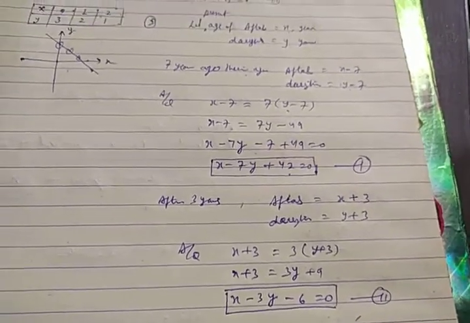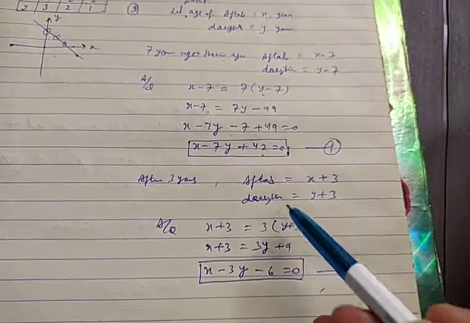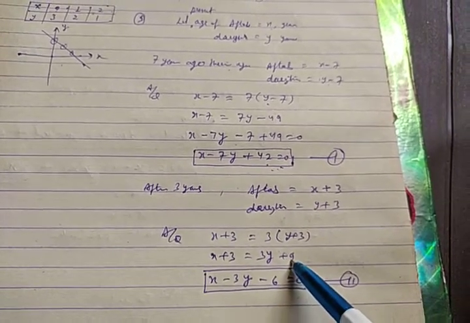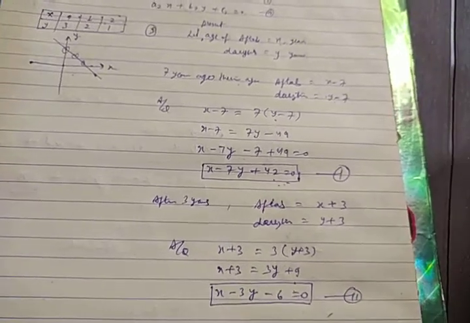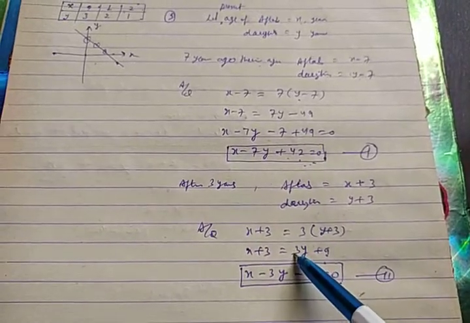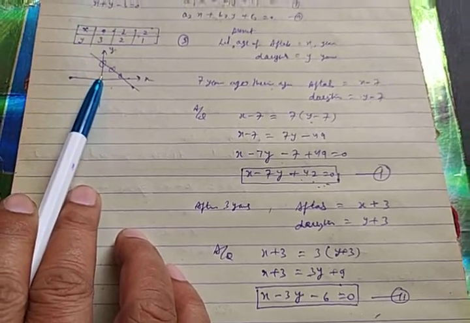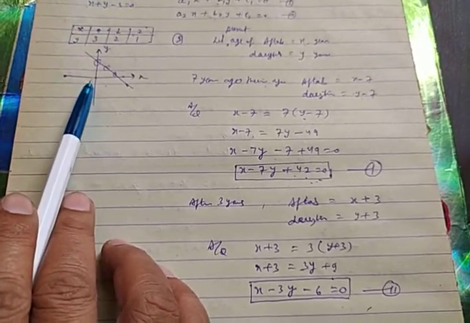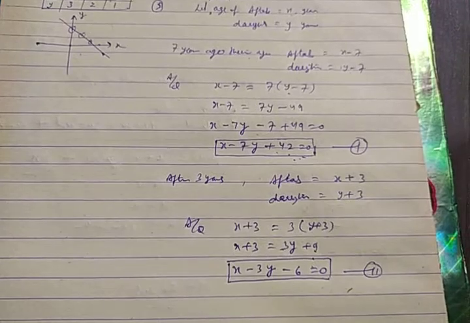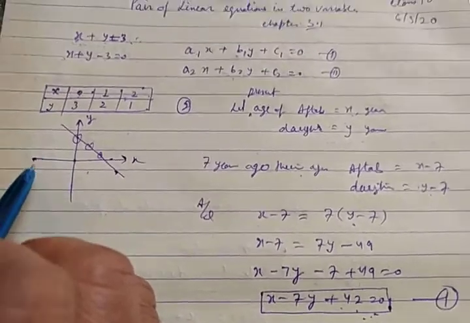So one major task in this exercise is to form the given conditions into algebraic expressions like this. You will have to practice and understand this properly. Later on I will also explain more questions. The second task is to represent these linear equations on graph paper, that is graphically. This work would be done on the graph paper. Then by taking help of your class 9th study, you can draw the equations. I am not going to draw the equations; I have given the example to recall your memory.